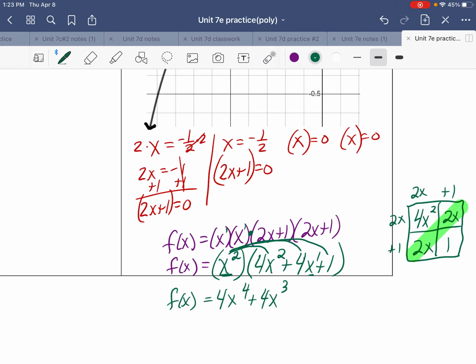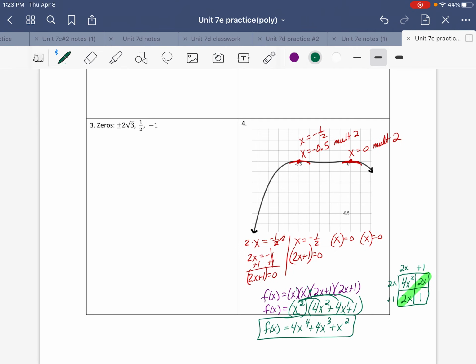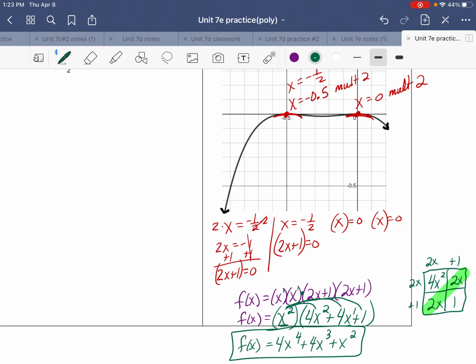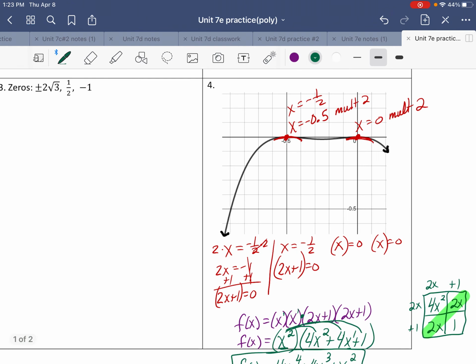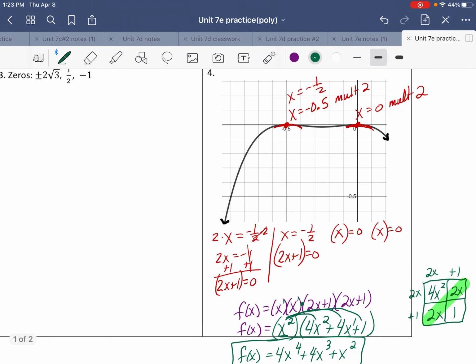And x squared times 1 is x squared. And there's your polynomial that would look similar to the graph that's given. It will have the x-intercepts, a double at negative 1/2 and a double at 0. It may not look exactly the same, but it will have that. All right, hopefully this